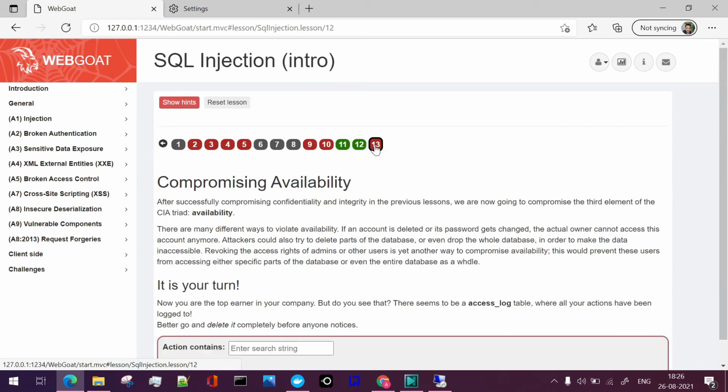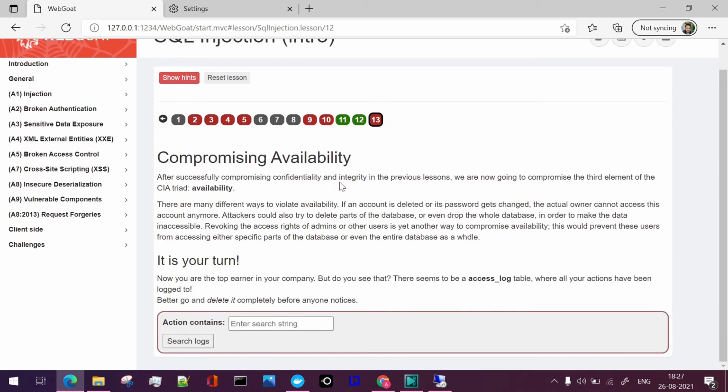Now if we move on to the next section, that is compromising availability. Usually when we are accessing the vulnerabilities, the system is capable of recording whatever footprints are left by the hacker. Those footprints will be stored in some table, and in this case it is the access log table.